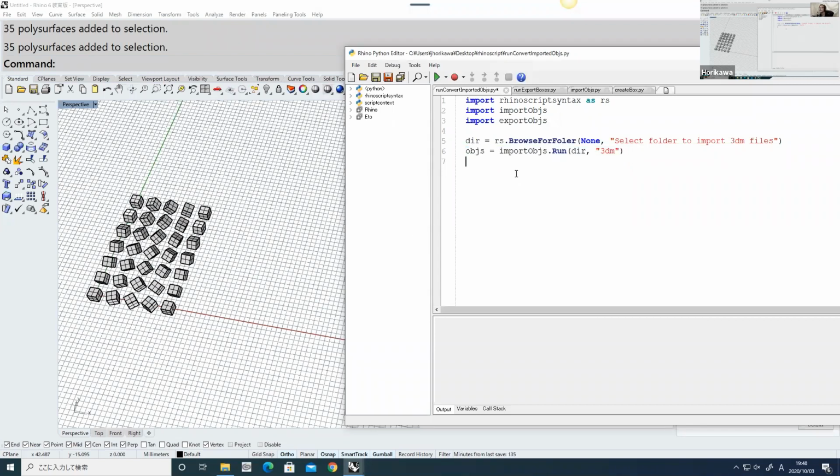So let's say I want to export it into maybe some specified file type. So I'm going to add another question, ext equals rs.get string. The message will be: extension to convert to, then the default, let's say STL. Okay, now I'm going to call export